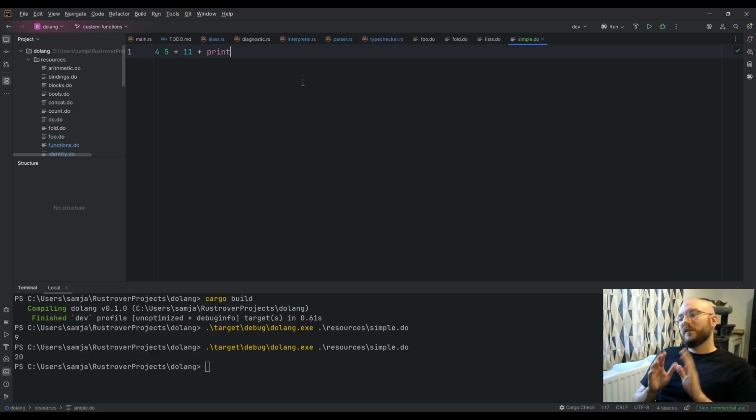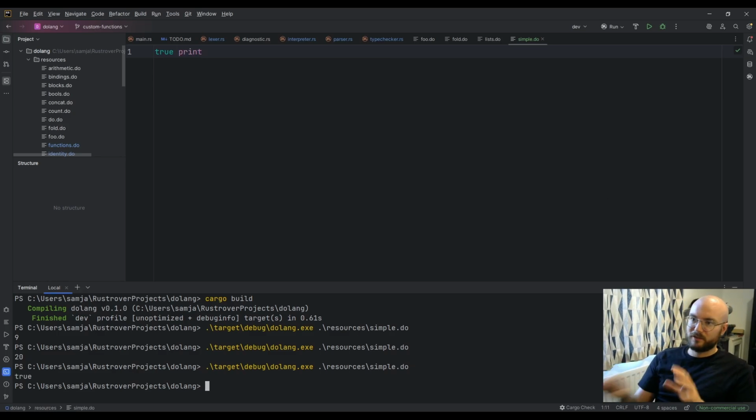If you're familiar with Soding and Porth, Soding the streamer, and Porth the language that he made, this is very similar. In fact, this is pretty much identical, I think, to Porth. This example is also a valid Porth program, although it might need to be in a function. But where Do is different is that it's a functional programming language. So as well as being able to push integers, you can also do booleans currently.